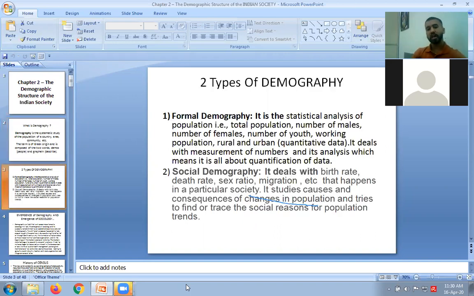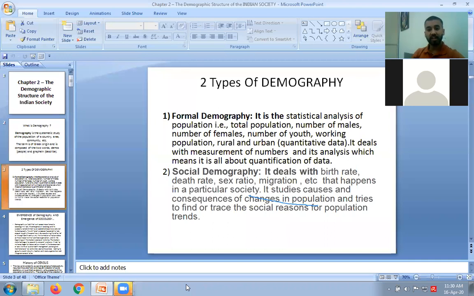Then we're going to understand the two types of demography. Now, these two types are very important because it is generally asked in the exams that, what's the difference between formal demography and social demography. So it's important for us to understand formal demography and social demography, both the demographies, right? So formal demography, it is